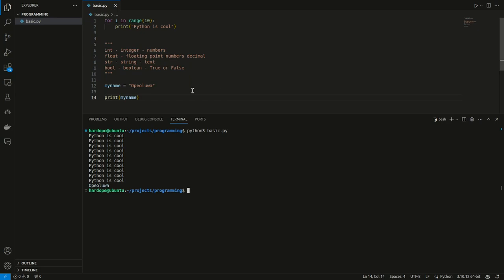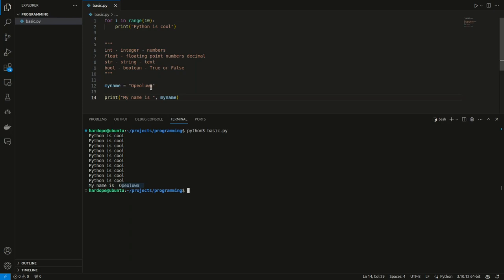But what if I want to print my name and a bunch of text? As you saw earlier, I can print just a bunch of text in my terminal. Let's say OPE. Now I have my name printed, but I'm not using the variable that I created. So what if I want to print a text and a variable simultaneously? So what I could do is my name is. Now you see we have my name is, and then my name comes right after it.